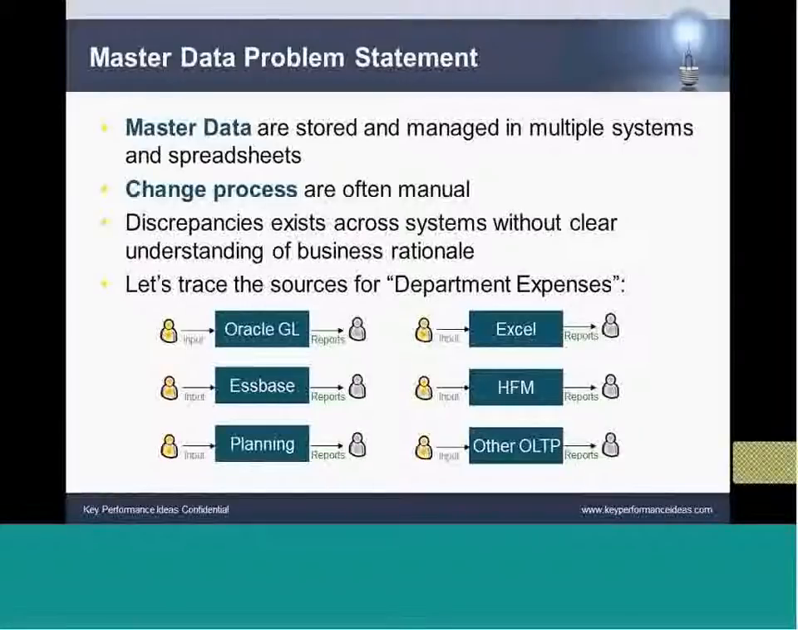And what you also see is that the change processes are often manual. So there may be a person maintaining the GL hierarchy. There may be another person maintaining it in Essbase planning, even in Excel spreadsheets. So that's where all the pluses and minuses, all the roll-ups, all the rules are being applied, exclusions, inclusions, all that kind of good stuff. And as a result, what you'll find is there are discrepancies